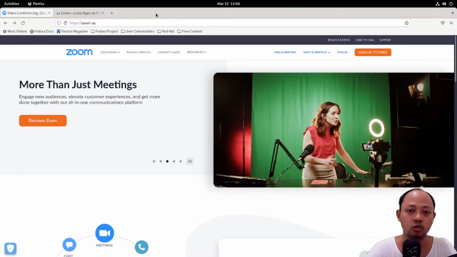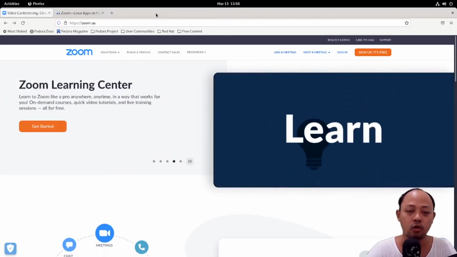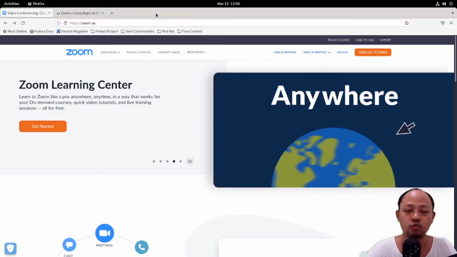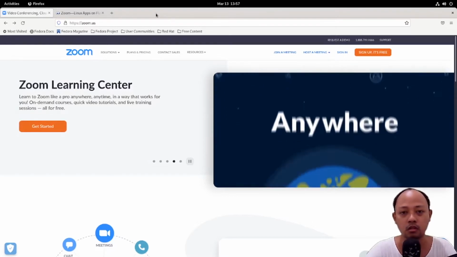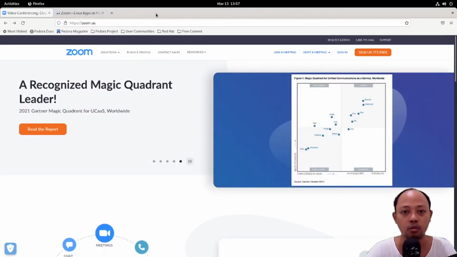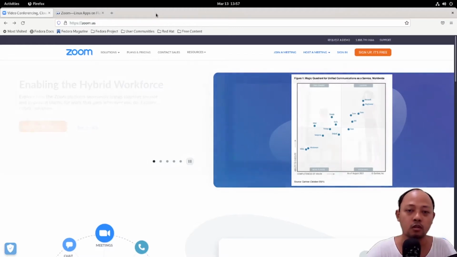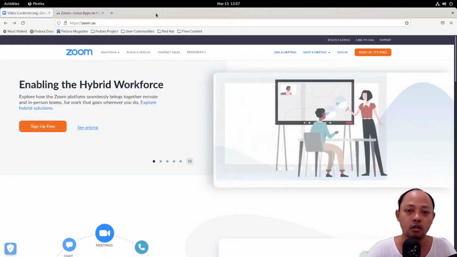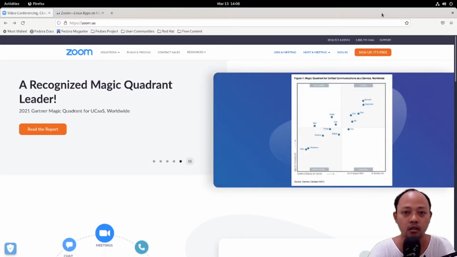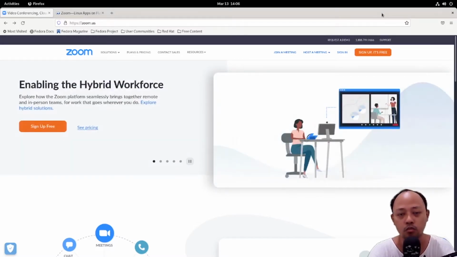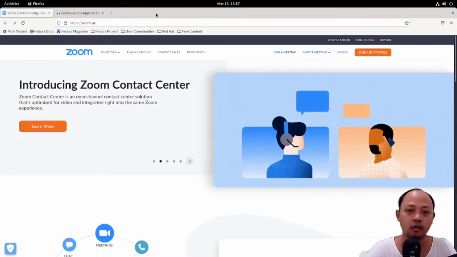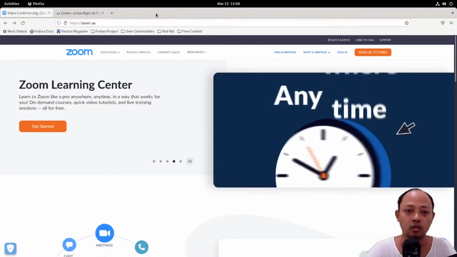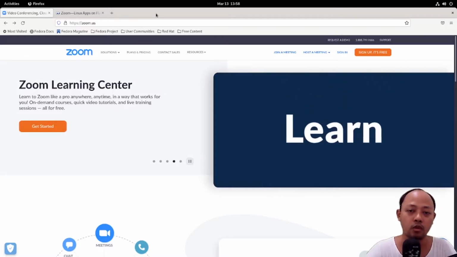One of the tools that can be used for meeting online is Zoom. Zoom can be installed on many devices, for example on Windows, Android, Mac, even Linux. Besides its flexibility, Zoom is also lightweight to run on your system. That might be the reason why some people use Zoom for meetings.